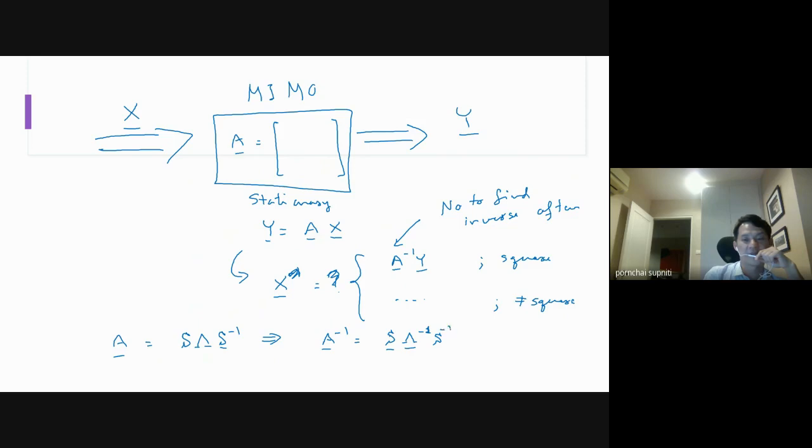Yeah, so that's one way. But if A is not square, we cannot find A inverse that way. But if we can express A as U multiplied by the eigenvalue matrix and then V transpose,